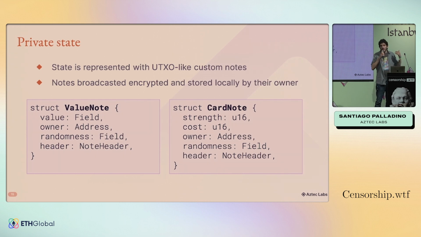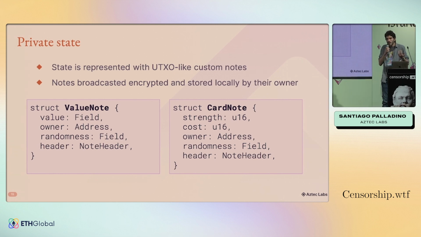But if we're running private execution client-side on each user, we need a representation of state that's amenable to this kind of execution, right? Like in the EVM, we have account-based state that works wonderfully because we can have multiple transactions all operating simultaneously on the same state. Here, if different users are working together, it's a bit more difficult to map that to account-based storage. Not just that, we will also end up leaking information if we have subsequent updates to the same storage slot. So for private execution, we use a different representation of state.